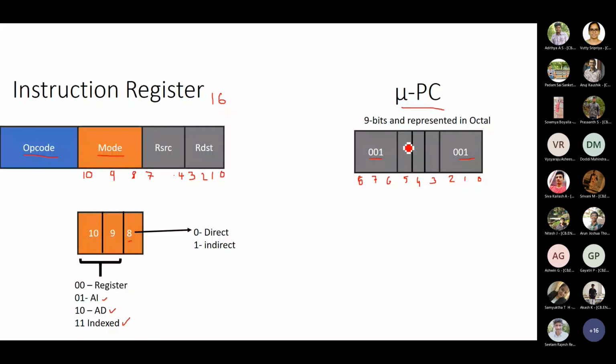Okay, I will explain how to get these bits 3, 4, and 5 of MuPC, and then maybe it will become more clear to you. Bit 5 and bit 4 of MuPC are directly taken from instruction register bits 10 and 9. Bits 10 and 9 are directly mapped here, and MuPC bit 3 is derived by computing IR10 bar dot IR9 bar dot IR8. This gives you a particular address location.